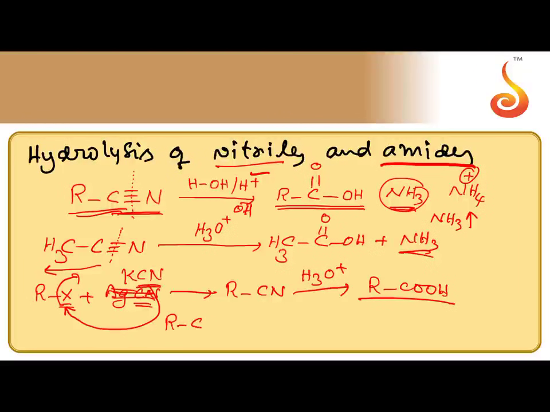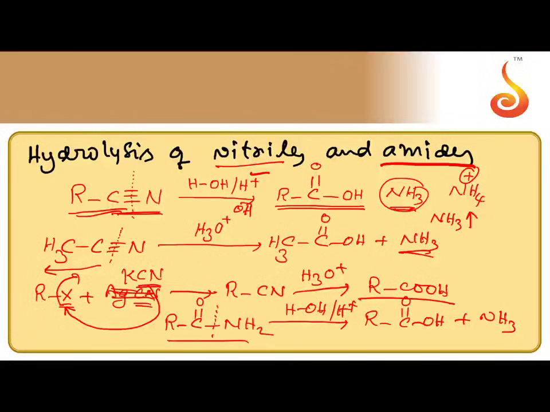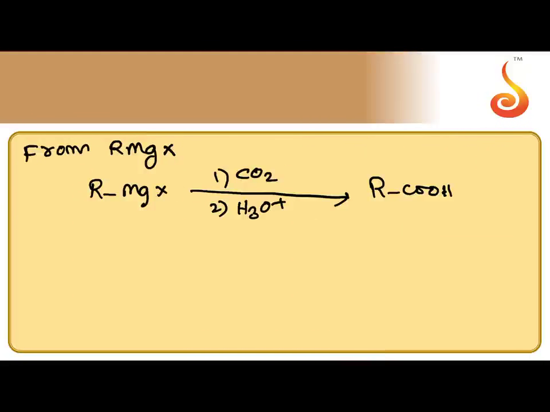Similarly from amides also. Actually, during the mechanism of hydrolysis of cyanide, first amide is formed. This is amide. Amide when subjected to hydrolysis in the presence of acid or base, the CN bond is broken, and RCOOH carboxylic acid and ammonia are obtained. If hydrolysis is happening in acid medium, NH3 is converted into ammonium ion. If the hydrolysis is happening in the presence of base, the formed carboxylic acid will be neutralized to give carboxylate. That you have to remember.